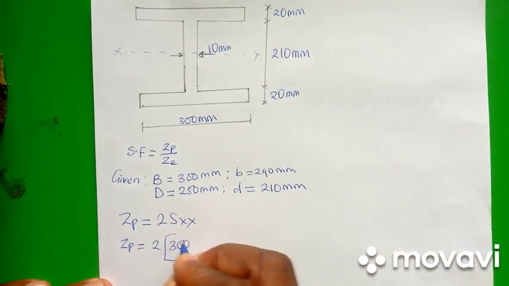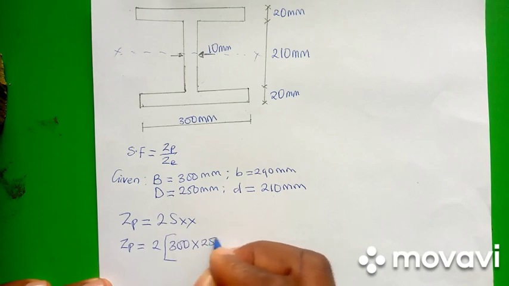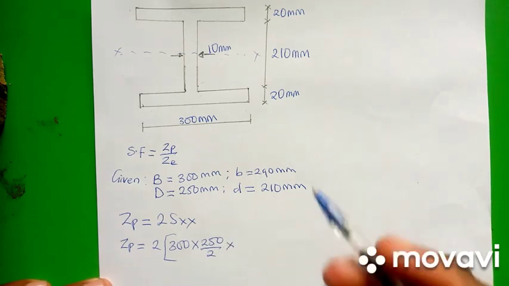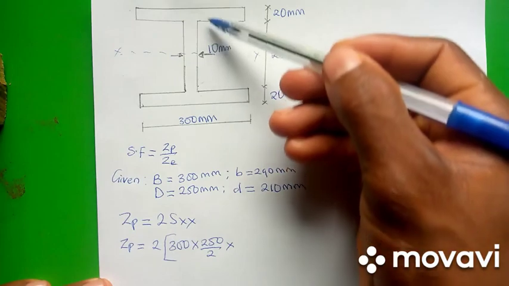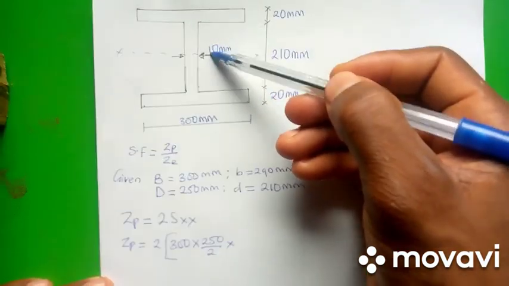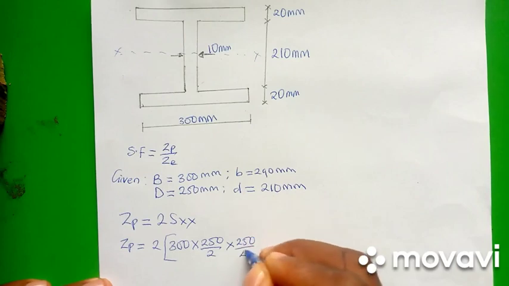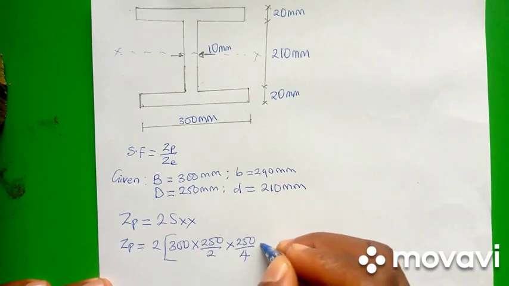That is 300 multiplied by 250 over 2, which is actually the shape of a rectangle. Then the centroid is going to be half this distance from here to here, and that will be the same thing as 250 all over 4. Then minus,